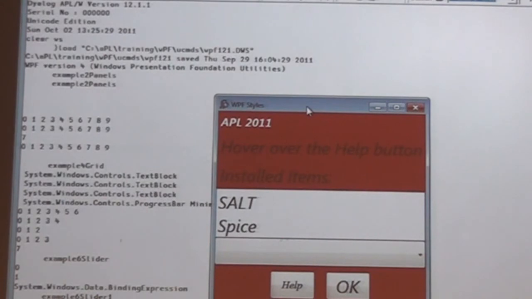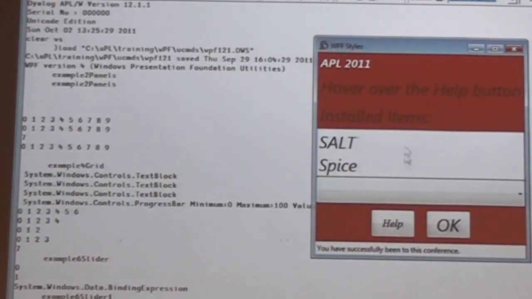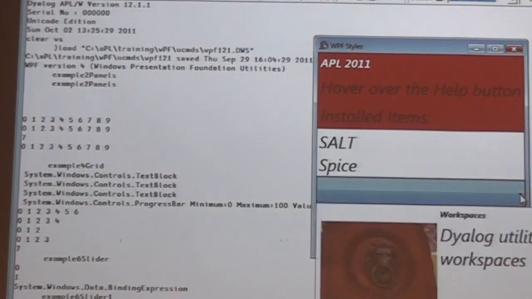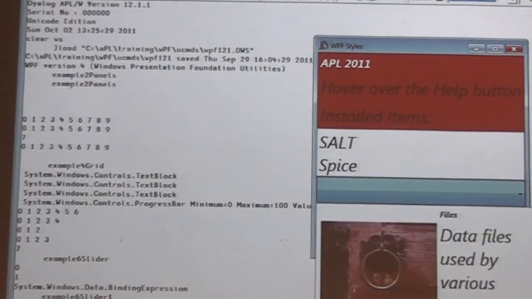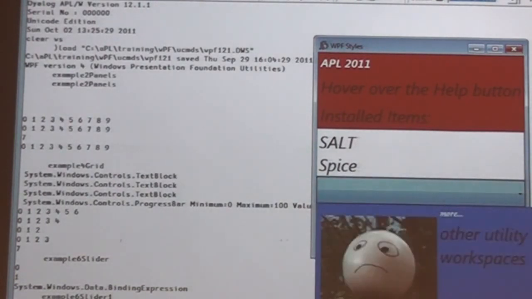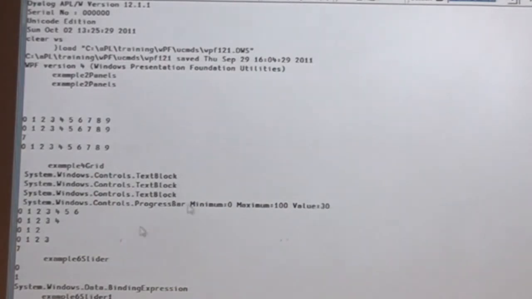Okay, so for example, I set a style. Let's see, when I move over the button here, I've said that this button has got that style there. And I think I have another button somewhere. This one. See, this one uses the same style. It's not a button, it's just text, but it uses the same style. And if you look at the example,